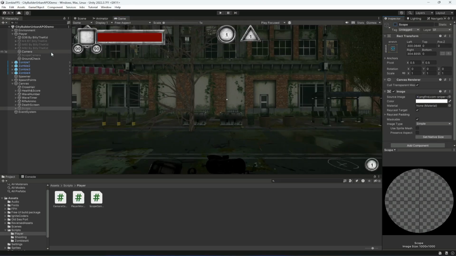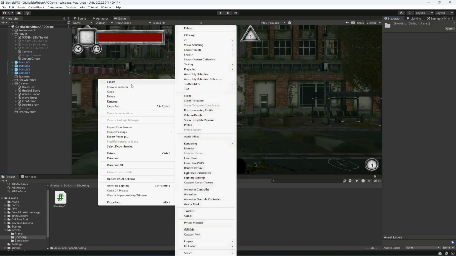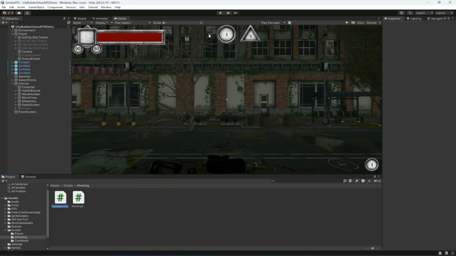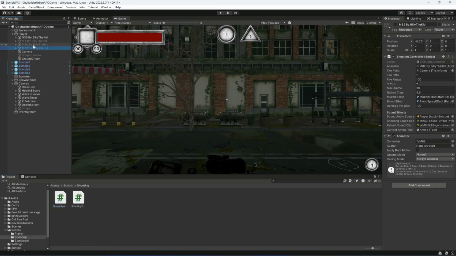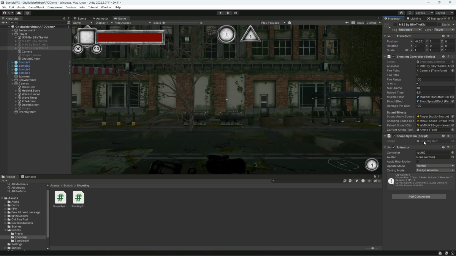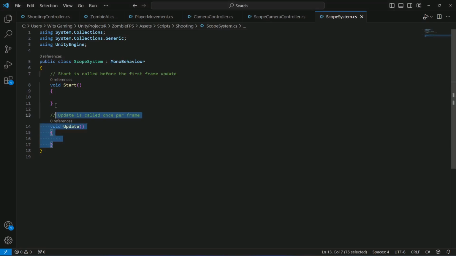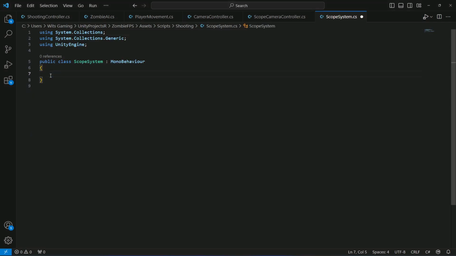Okay, so for that, inside our shooting folder, let's create a new C# script by the name of scope system, and we want to add the scope system to our fourth rifle, so I will drag and drop this script in here on our sniper rifle. Let's open this up now, and in here I will remove the start and update method,